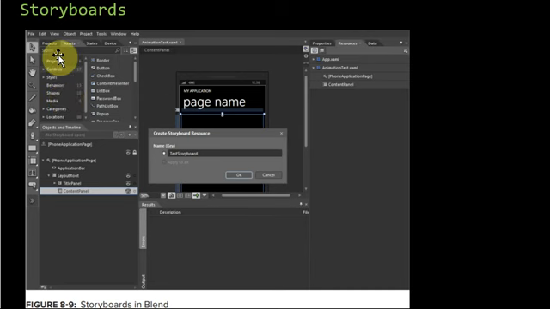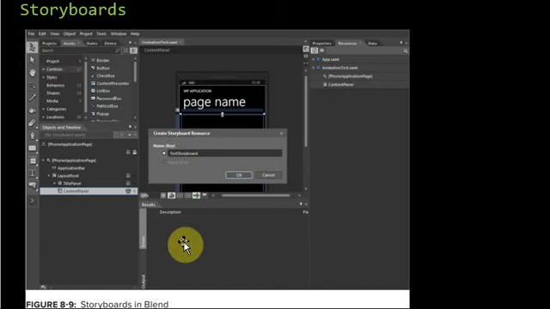In this editor, that is in your Blend, we have the objects and timeline pane at the left. This is your objects and timeline pane. Here we have the plus icon. If you just click on this plus icon, then what happens? A storyboard is created. So just go to Expression Blend, the what-you-see-is-what-you-get editor, and click on this plus symbol. A storyboard will be created for us.